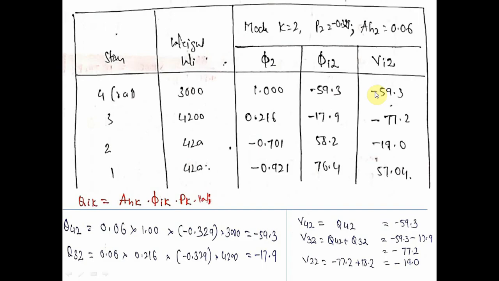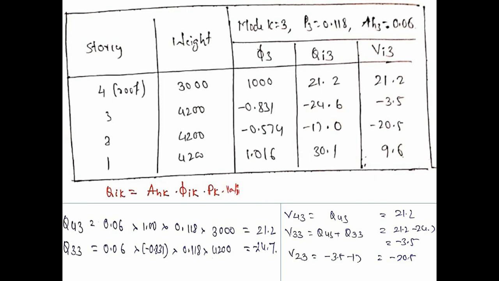Next repeat the same for mode 2: participation factor 2, horizontal coefficient factor A_h2. Again same thing, just copy and change the values of phi to the mode shape values for mode 2. Calculate phi_i, Q_i, V_i. I have again indicated typical calculation values here. Sometimes you may get negative values also. That should not be a problem. Here P2 is negative, so you will get many values negative.